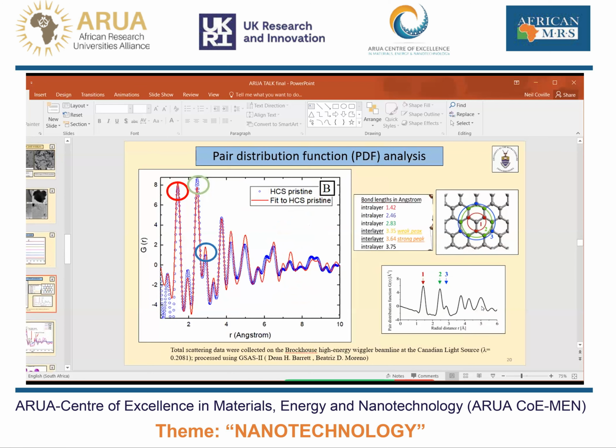Now, it turns out there's a really interesting technique that many of you may be familiar with, called pair distribution function analysis. It's an XRD process in which you need a synchrotron, but you start looking at the XRD data where you are looking at amorphous materials. And what you get is a spectrum like I'm showing here, where you plot the distance in angstrom against an intensity. And what you're looking at is a couple of peaks. And what you're looking at is the distance. So if you look at that picture I've got of the graphene itself, where it's got numbers 1, 2, and 3, red, green, and blue,